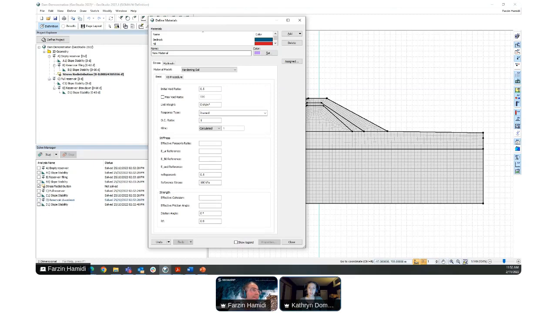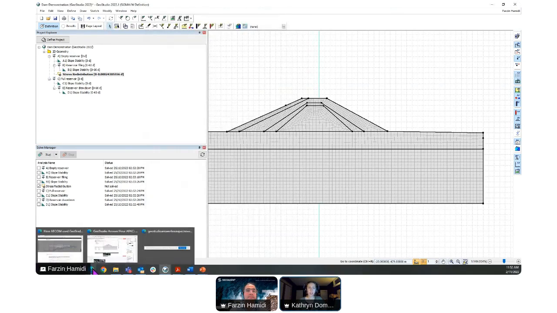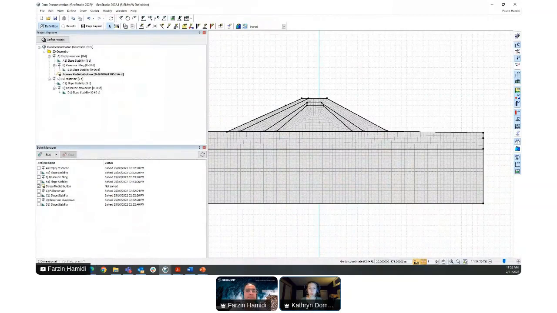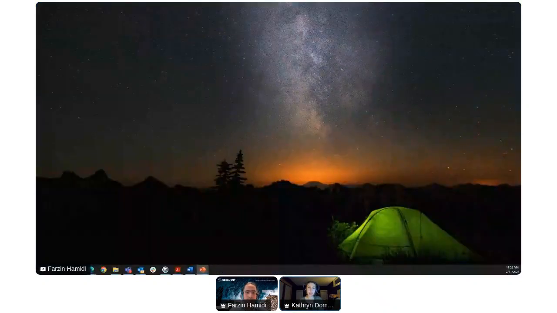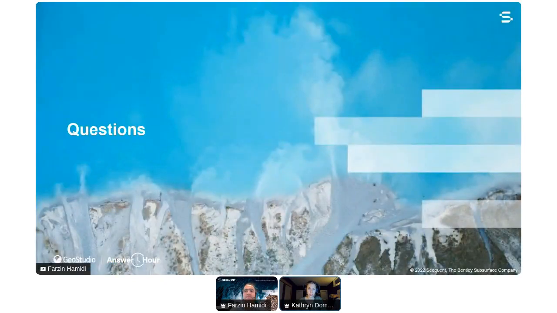Farzan, in the chat I posted a link to the engineering book on SIGMA/W on the formulation. It has more information on how the consolidation formulation is set up. It's basically solving at the same time the pore fluid flow governing equation as well as your stress and strain governing equation, so it's fully coupled. It also provides lots of information on the constitutive models available in SIGMA/W and the background on those.